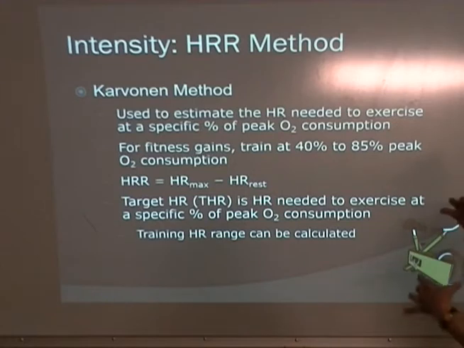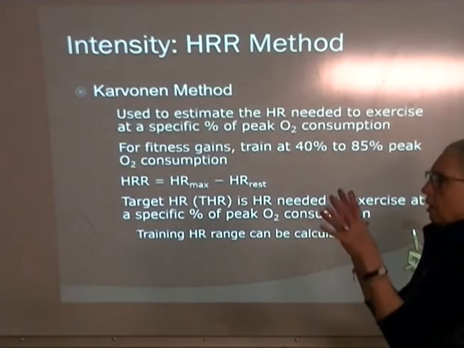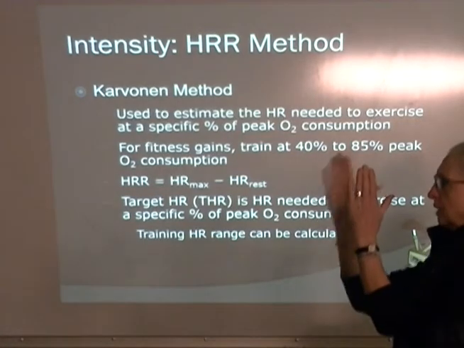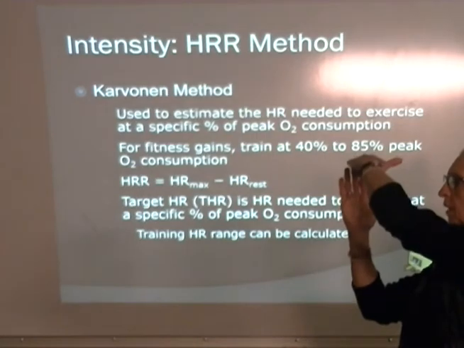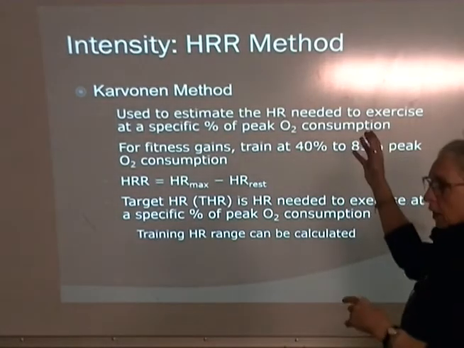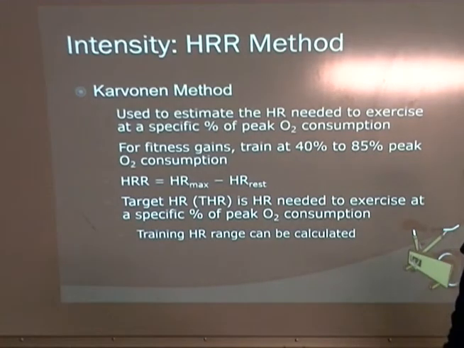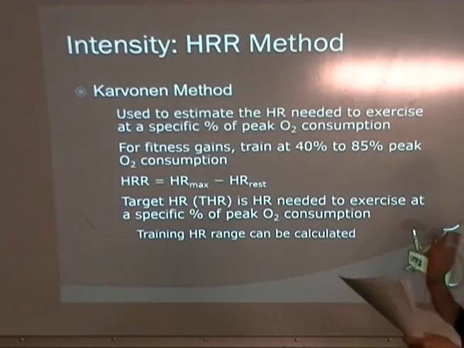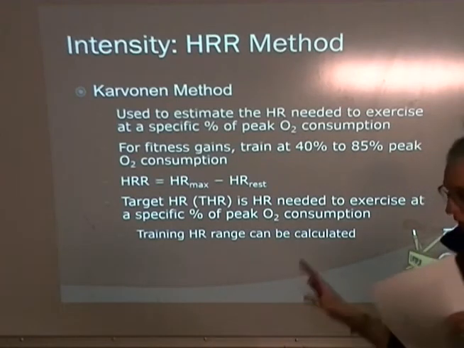So if you use this version of your heart rate data, then at 70% VO2, you'd be working at 70% of your heart rate reserve. So I'll just talk you through that in case you want to use that version. My personal favorite is percentage heart rate max. But